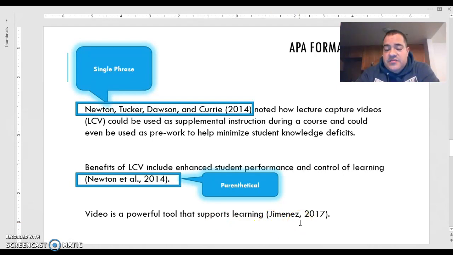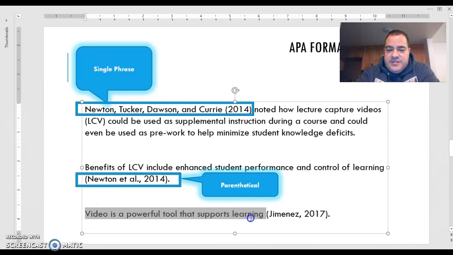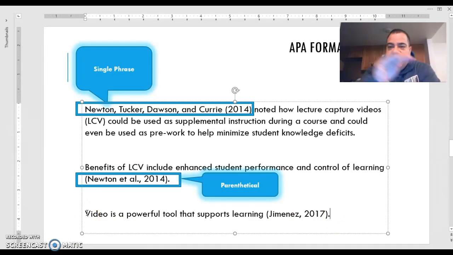from Jimenez 2017. Now, I want you to notice something about this citation. Here's your sentence. It ends. Notice that there's no period there. Because when you're including an APA citation, the period goes at the very end. Not at the end of the sentence, but at the end of the entire sentence plus citation. So you put your sentence, followed by in parentheses the author and the year, and at the end of it, to signify this is all one cohesive thought and you're giving credit to that thought, all together, the period goes